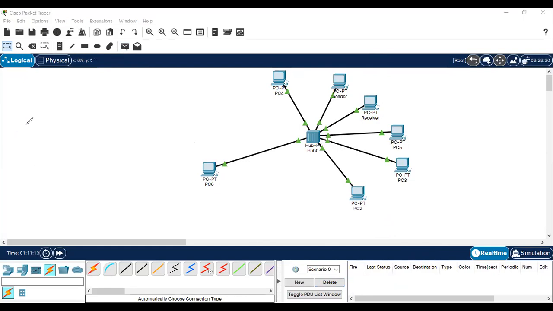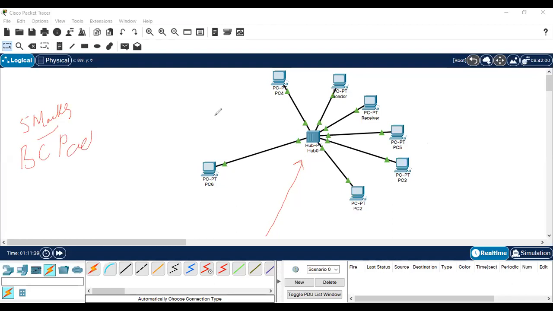This is a 5 marks question, or in an interview they could ask you what is the working principle of a hub, how it works. I told you earlier also, a hub is based on broadcasting the packets. So it broadcasts the packets.